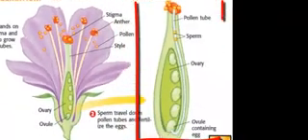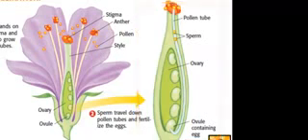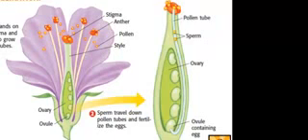Now if we take a look at the right here, the close-up image of the pistil, we'll notice that the pollen on the stigma releases the sperm and then starts to create a pollen tube all the way down into the ovary. Now once the sperm gets into the ovary, it's going to go into the ovules and fertilize the ovules. Once the ovules are fertilized, the ovary will eventually become a fruit, and then the ovules will turn into seeds. So by definition,